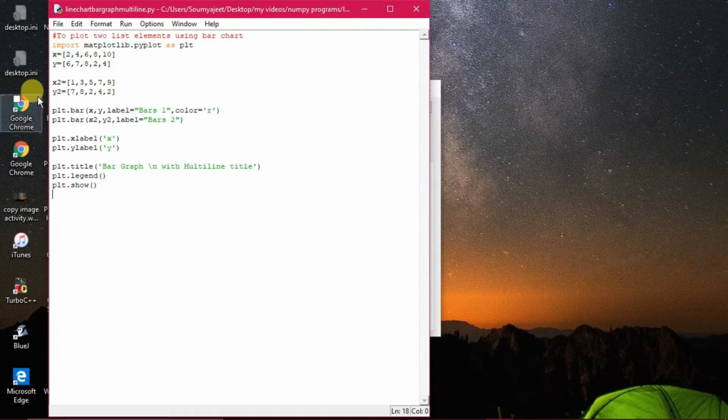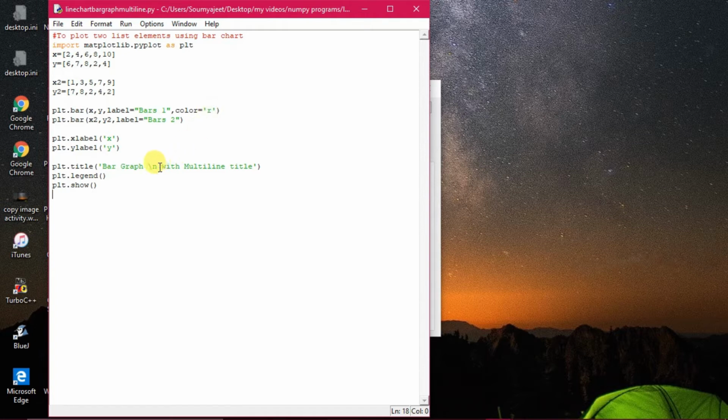Here you see there are 1, 2, 3, 4, 5, and everywhere there are 5 elements taken. The first one has taken bars 1 and the second one has bars 2 as label. Color has been red. Otherwise, if I don't give the color, it will be taken by matplotlib.